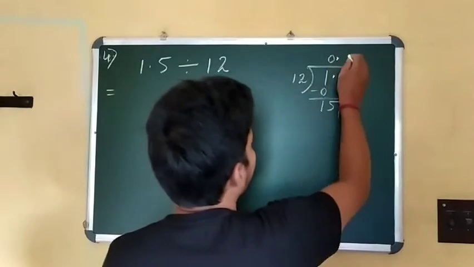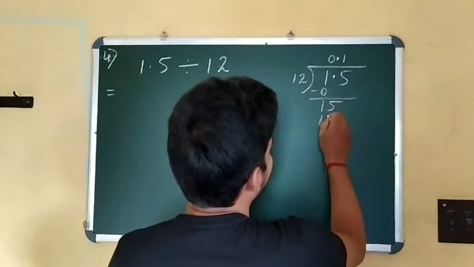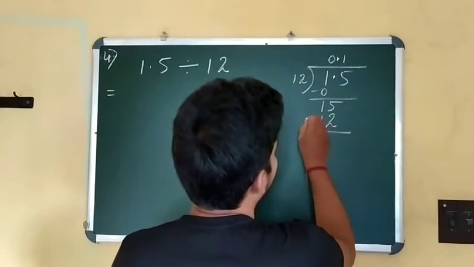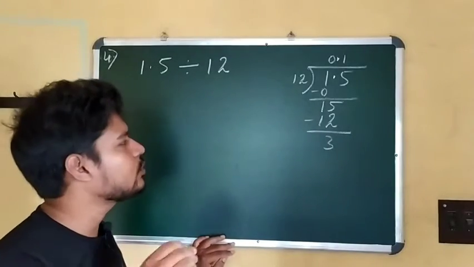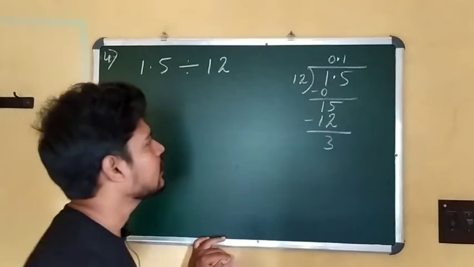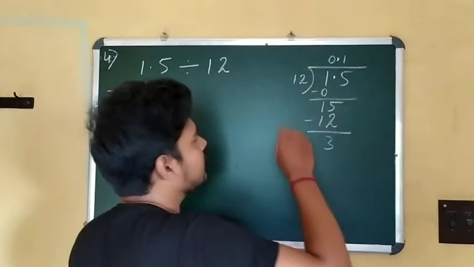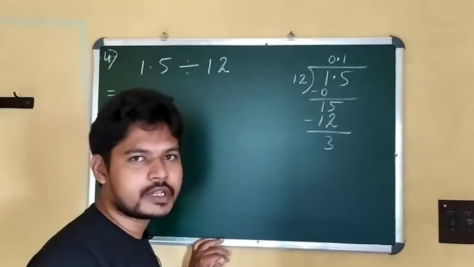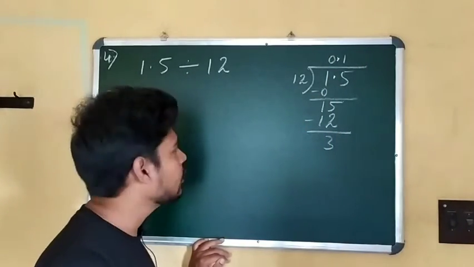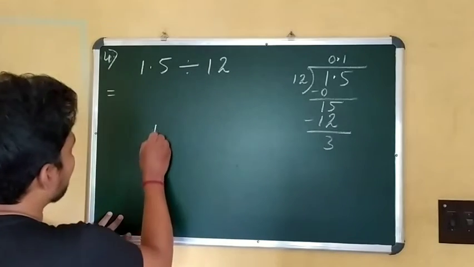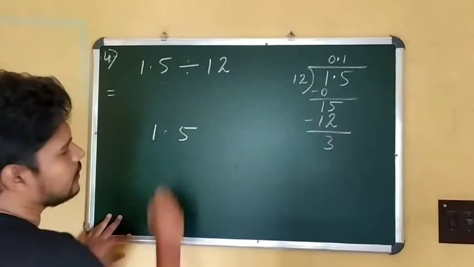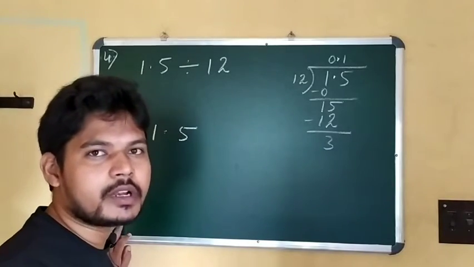Then 12 into 1, you get 12. Now we get 3 as remainder. Now the question is, what to do? Is the division completed? 0 is our quotient and 3 is our remainder? No. As you know, 1.5, in the decimal chapter you have already learned that